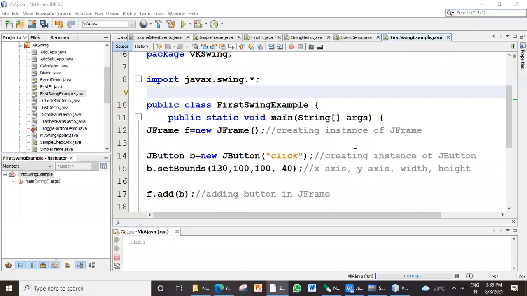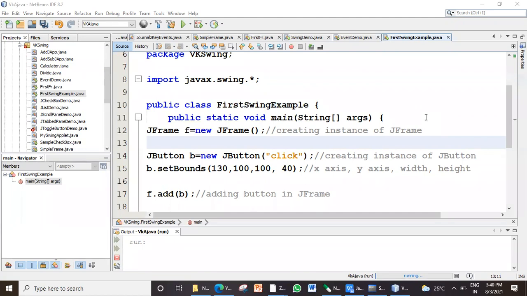Varada, can you tell me whether it is applet or application? Ma'am, it's application.